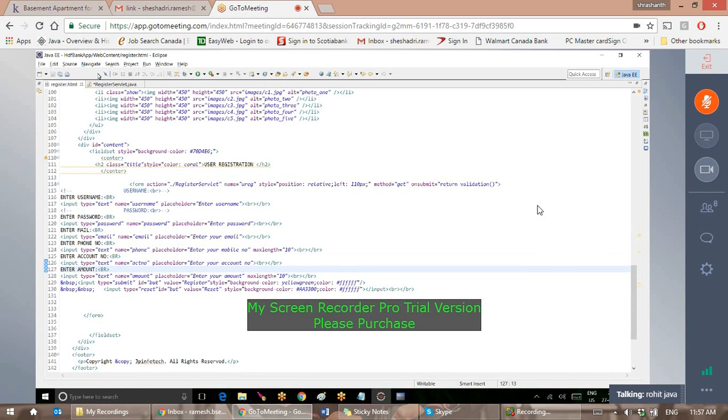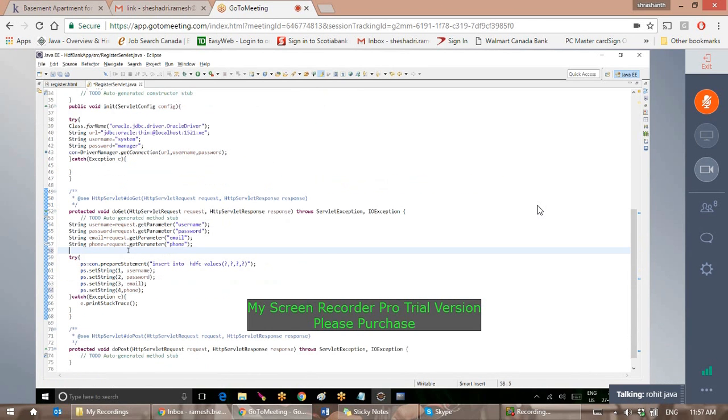These values are retrieved in the register servlet directly in the form of long. You can say account number equals long dot parse long,